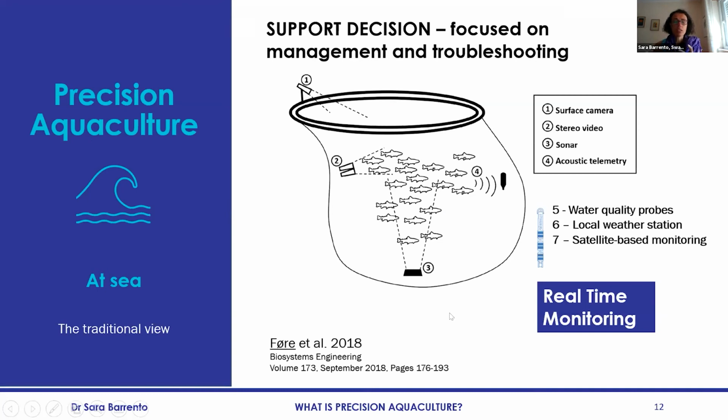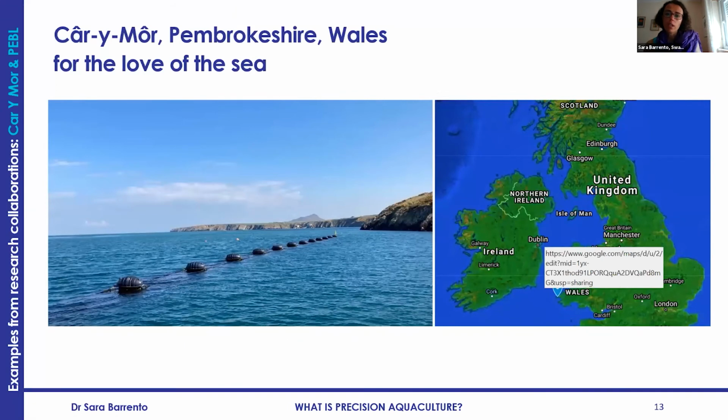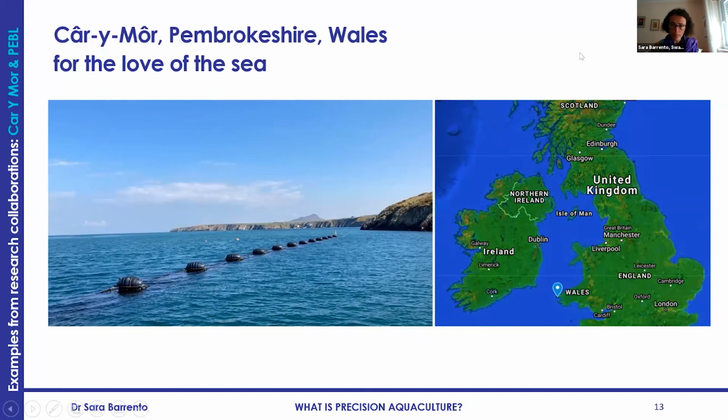But actually, the focus can not only be on managing and troubleshooting of, for instance, fish species. We can and we should have this expanding to other concepts. Let me just show you. I'd like to precisely show this way of expanding, not only to the troubleshooting. I would just like to give you the example of this